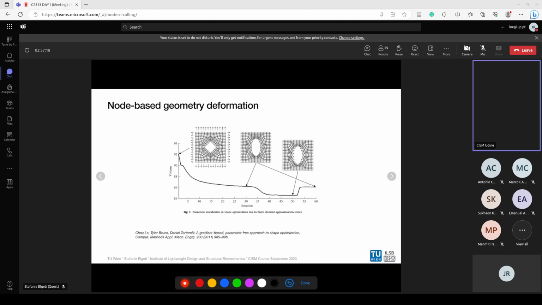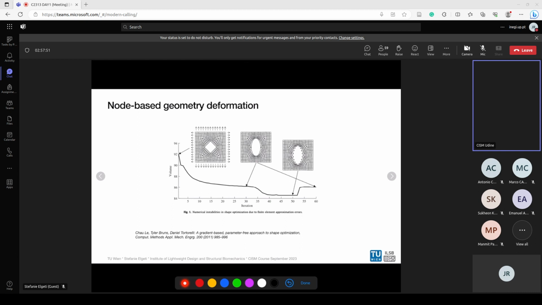And then if we look at the node-based geometrical deformation, here I had to borrow from some papers, because this is something that personally I do not do, but it's very important, so I wanted to mention it anyways. So here is an example where one wants to find the optimal shape of this hole. So you have a plate with a hole, you have a certain load here, and you see that for a